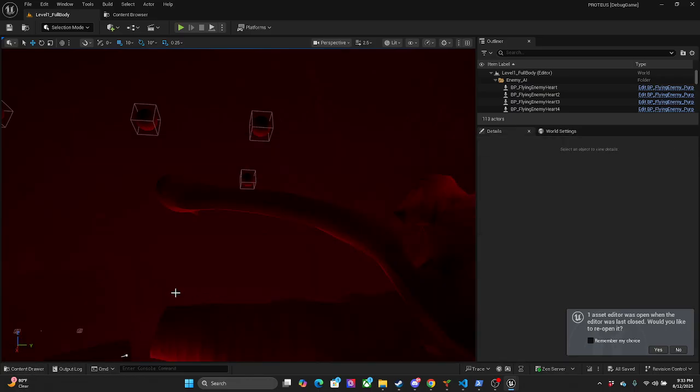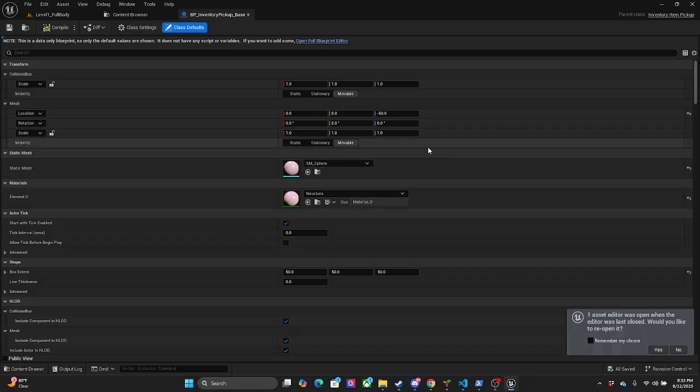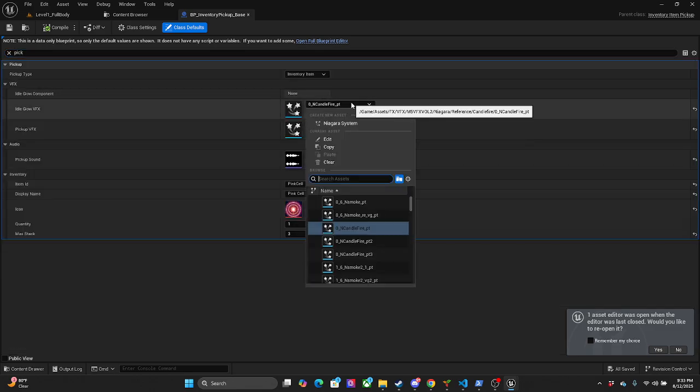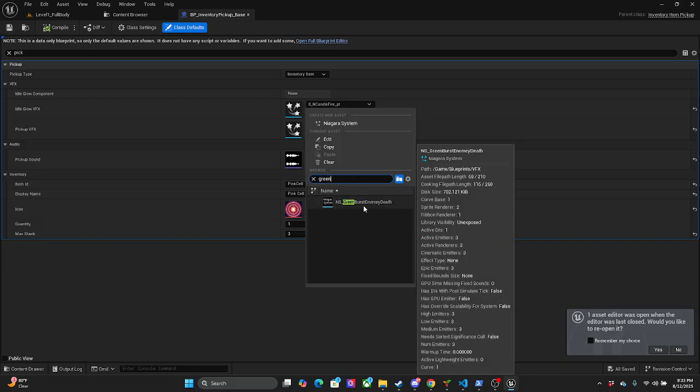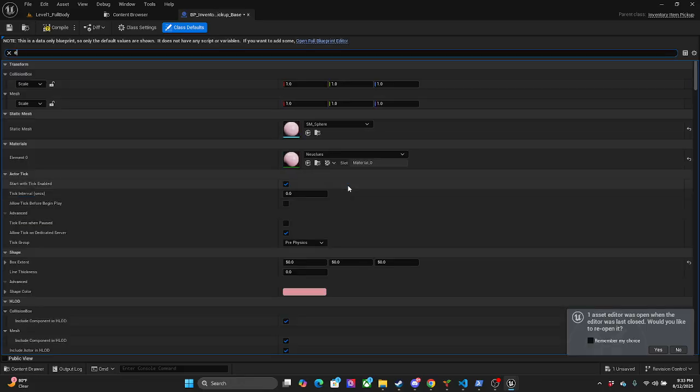All right, so we're gonna do a couple things first. I don't like those effects. Candle, fire, and smoke. So we want to use green.